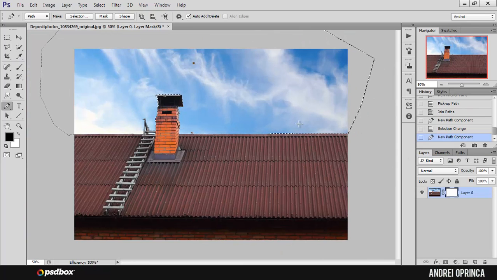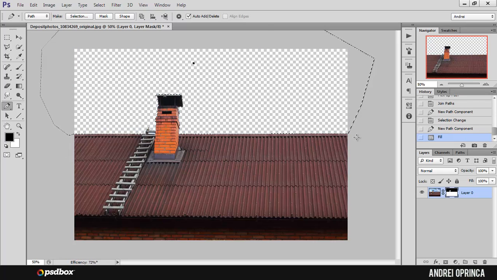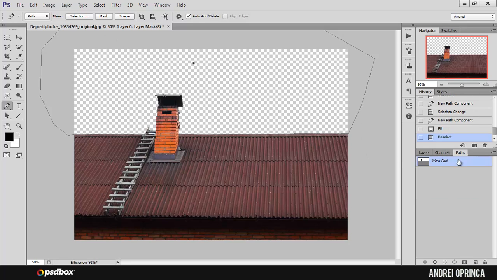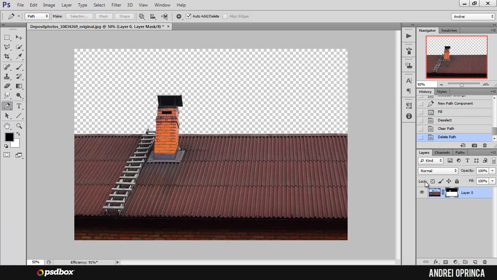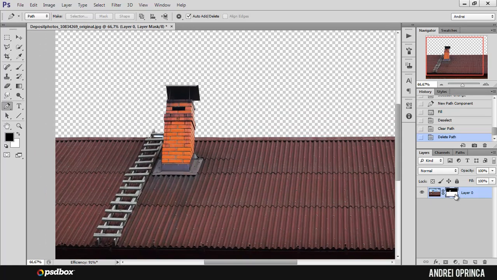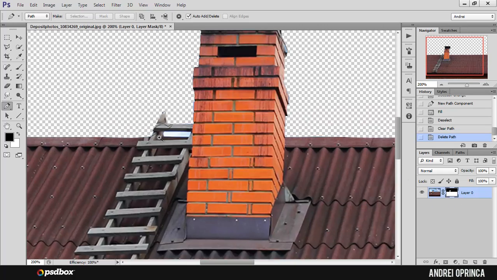And once you have the selection, I selected the top part, which is the sky. I have the foreground color set to black. So now I can press Alt or Option and Backspace to fill that selection with black, and that way I hide the sky. So I no longer need this path, so I'm gonna delete it like that, and go back to the layers palette, and I selected the layer mask again